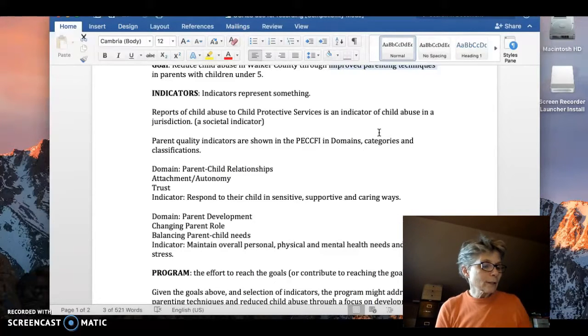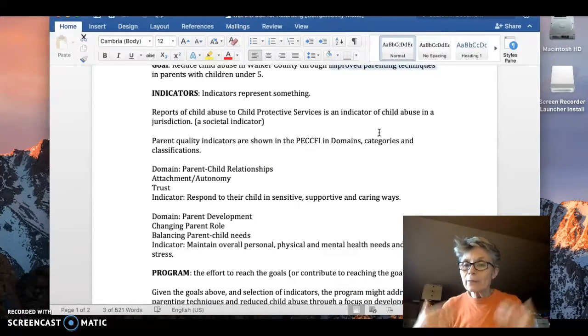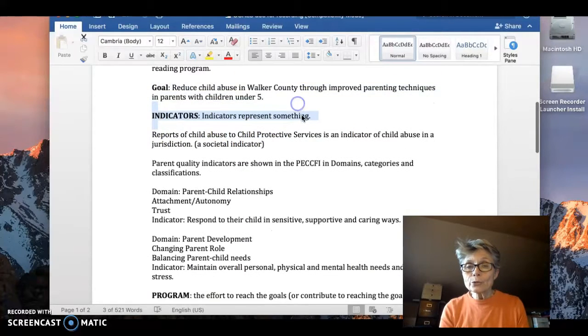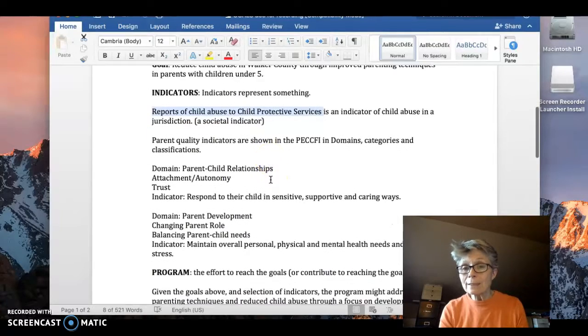An indicator is quite simply something that indicates, that represents something else. You'll see the word indicator in this course and in other places used in a variety of ways. In some ways, we can think of a societal indicator. So how healthy is our society based on rates of child abuse? And how do we look at child abuse as a societal indicator? We might look at reports of child abuse to Child Protective Services as an indicator